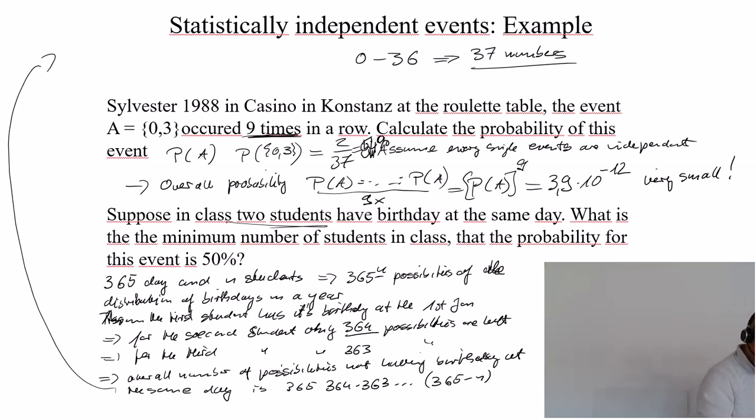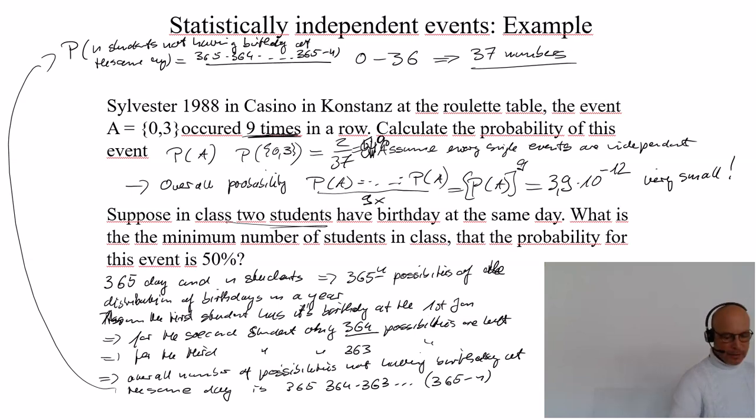And then the probability of n students not having a birthday on the same day is then 365 times 364 and so on, divided by all possibilities, 365 to the n,